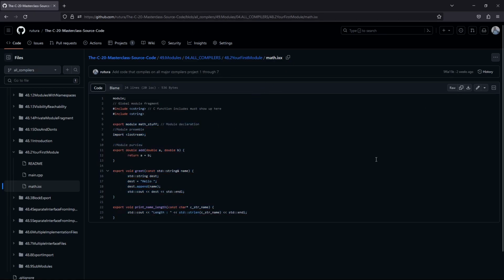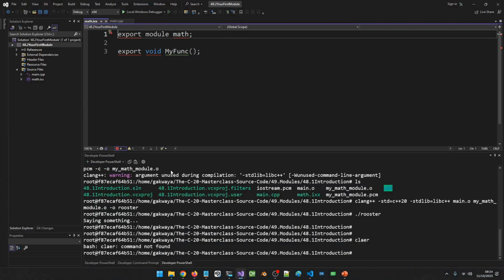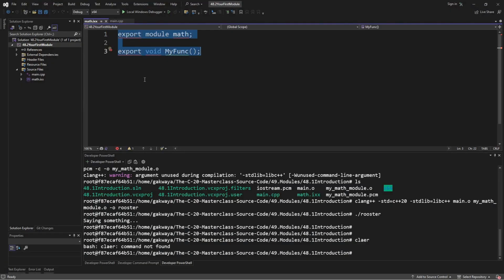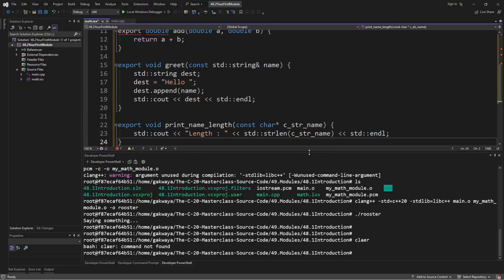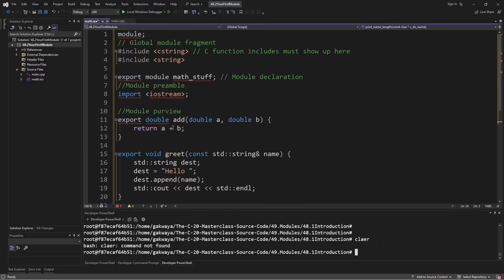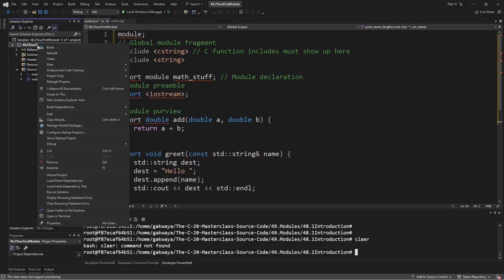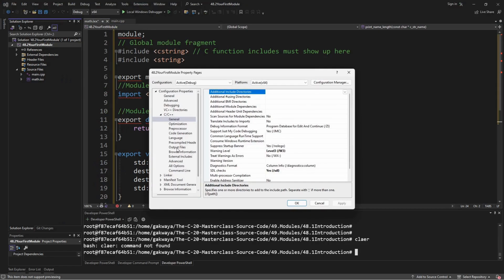I can copy the raw content, come back in my editor and put in the content. And you can see that we have squiggly lines because we haven't enabled modules. To enable modules, please come back to the project, right click, go to properties, go to C and C++, choose